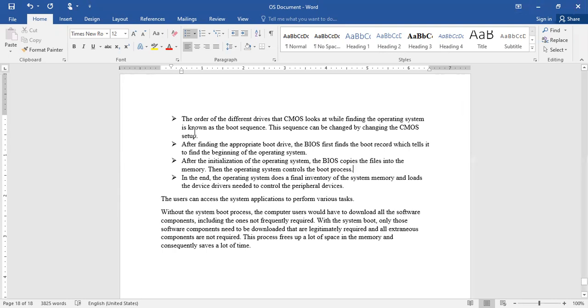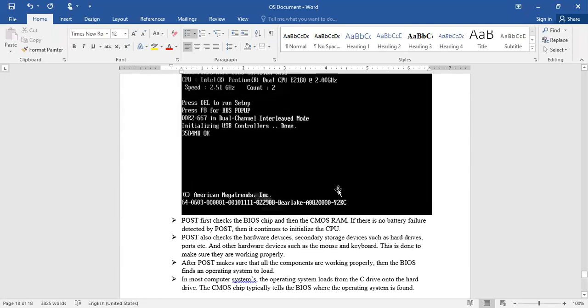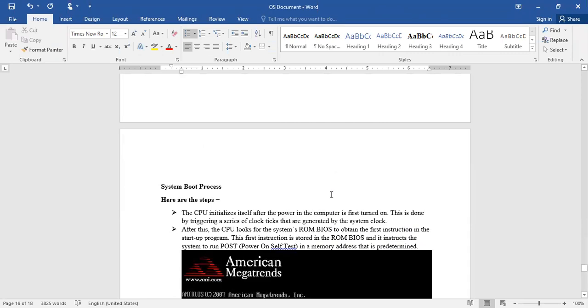Whatever software you have installed in your system is still available. Whenever you want to access it, you can access it. You need not reinstall each and every time when you want to create applications with that, right? Hope you are all clear with this system boot process. Still, if you have any query in this boot process, you can drop a message in the chat box. Otherwise, we move to the next one.